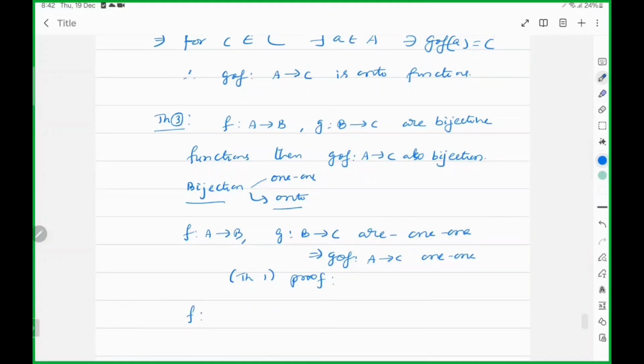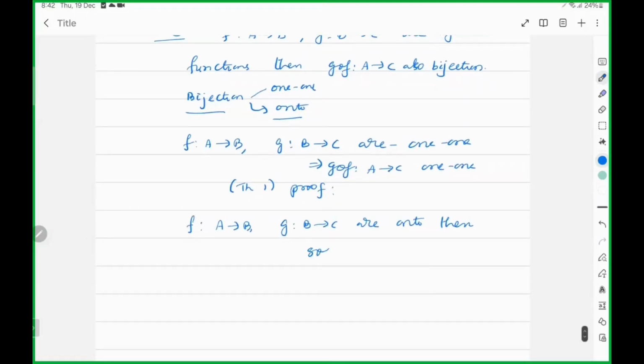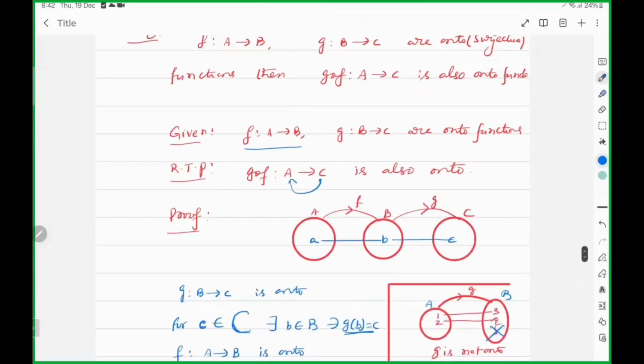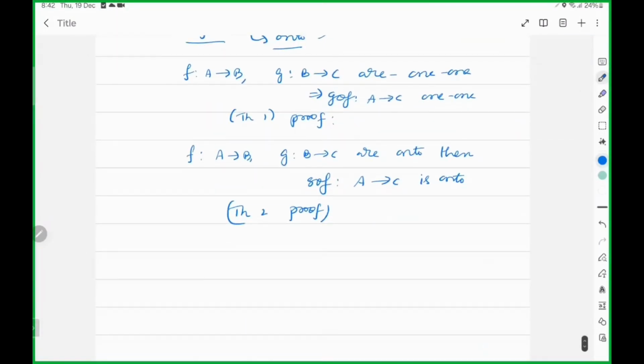Since it is a bijection, it is also onto. These are onto, then g circle f mapping from A to C is onto. Theorem 2's proof must be given. So by writing the proofs of theorem 1 and theorem 2 here, we can say finally that g circle f is both 1-1 and onto, and g circle f is bijective. Right? Don't write only this statement. You have to write the complete proof of the first theorem. So in the next class, I will discuss